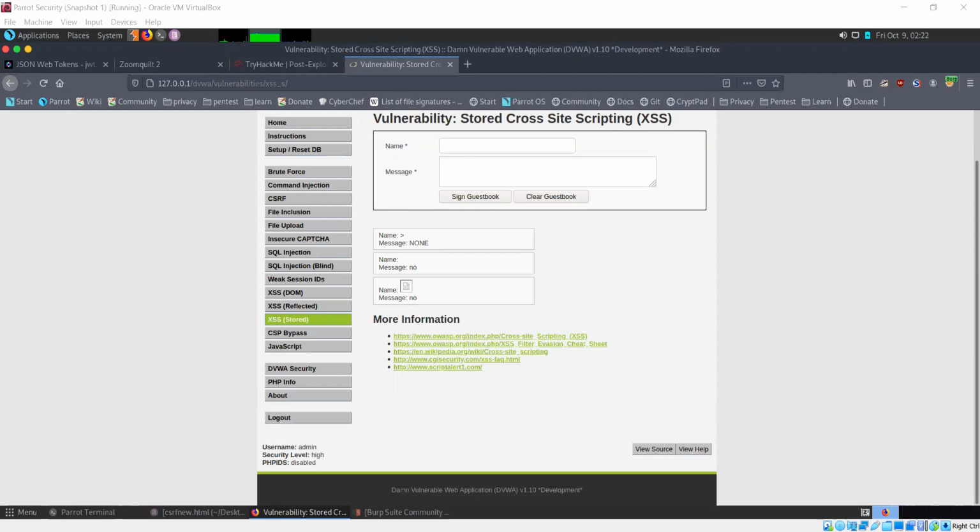But stored cross site scripting is also known as persistent cross site scripting because that payload gets stored in the database and is going to be there for a while unless, of course, the admin or whoever is in charge of the website deletes that. So stored is slightly more critical than reflected.